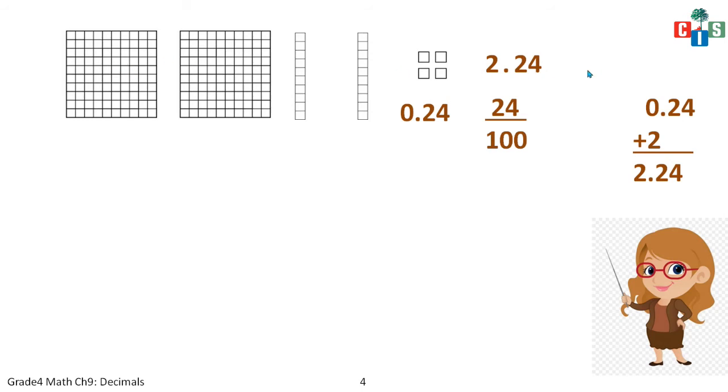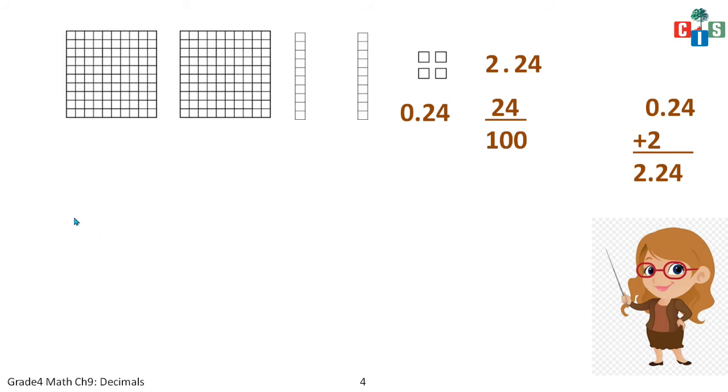See, why it is 2.24: 2 is the whole part, and 24 is not the whole part. That is why ma'am has written a decimal point in between, 2 point 24. Now kids, you cannot read this as two point twenty-four. You have to read it as two point two four. The thing after the decimal you have to read digit by digit, as two four. Clear? I will repeat again and again. It will be clear to you.